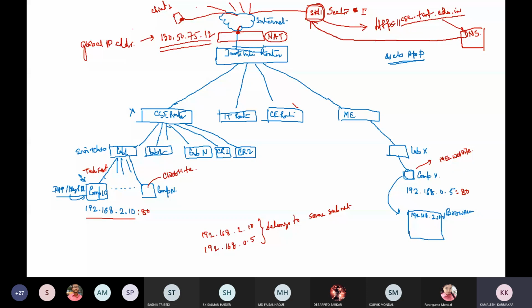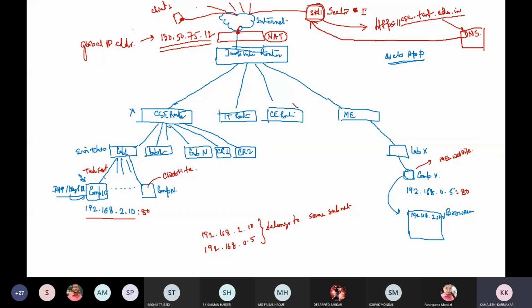There is a renowned global DNS server that will receive the request. In its table, it will check which IP address this name belongs to. So it will perform a lookup operation. Lookup means search. After the lookup, it will return the IP address with respect to this domain name.